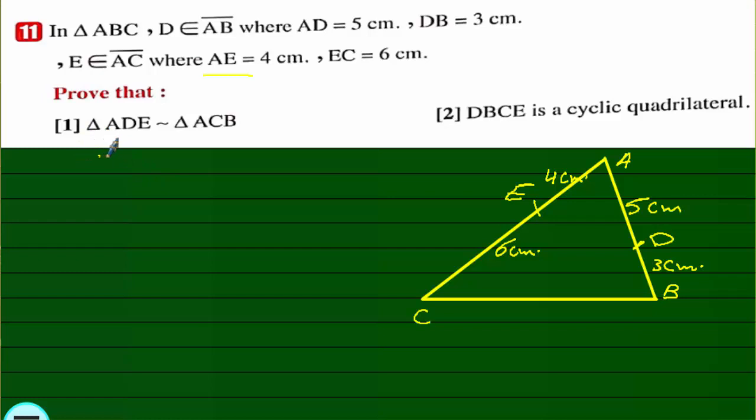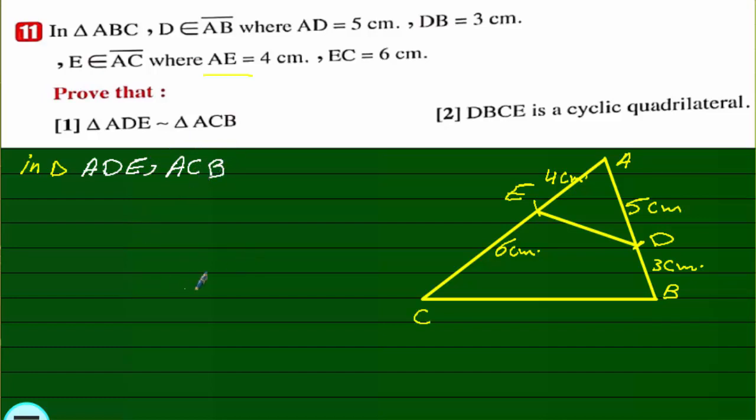Prove that triangle ADE, where is triangle ADE? Here we take a line segment here. ADE is similar to triangle ACB. Prove that triangle ADE is similar to triangle ACB. So we can say that in the two triangles, triangle ADE and the triangle ACB,